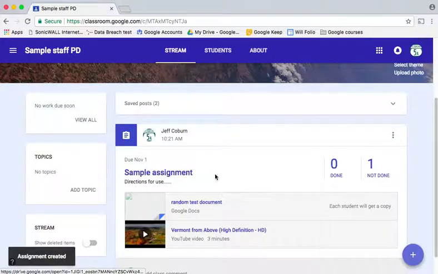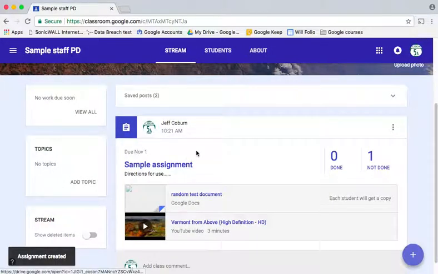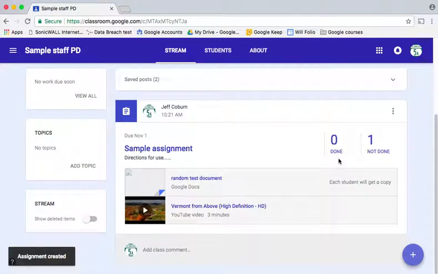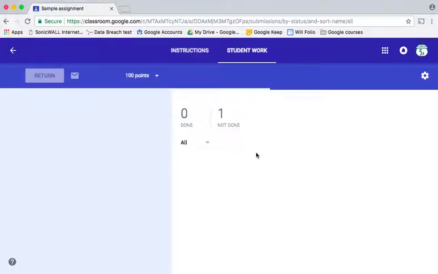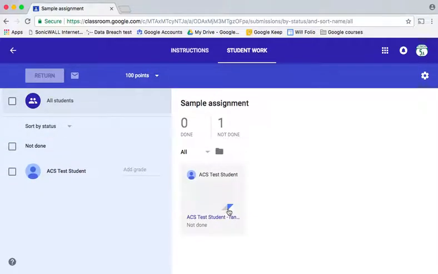So once assignments are done, you can see here, my teacher view, there's my assignment. I can see no one's finished it. As people finish it, it'll be slated there. I can click on it and it'll show me what their assignments have been handed in. I could select kids that have handed it in and return the assignment to them, so on and so forth. So that's a quick review on